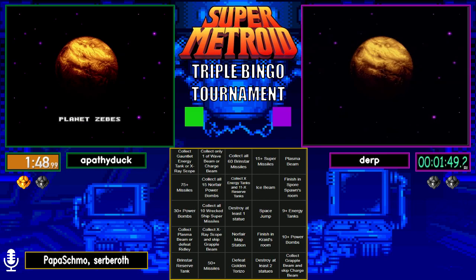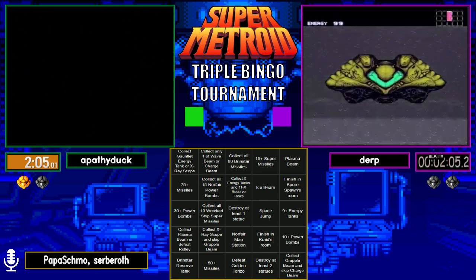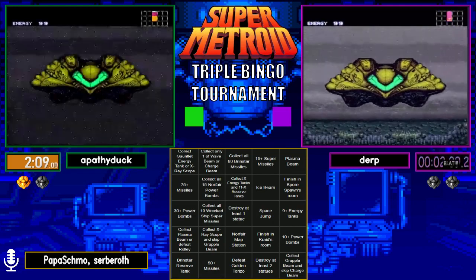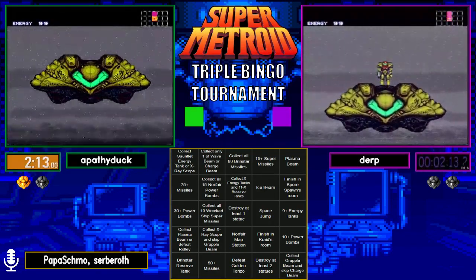Collect all 10 Wrecked Ship super missiles shows up again. There's 30 power bombs. There's a bunch of collection style tiles on here. Row 3 actually kind of stands out as a reasonable-ish row to me. 30 power bombs, it's a lot. 10 Wrecked Ship supers. 9 E-tanks is also a lot, but